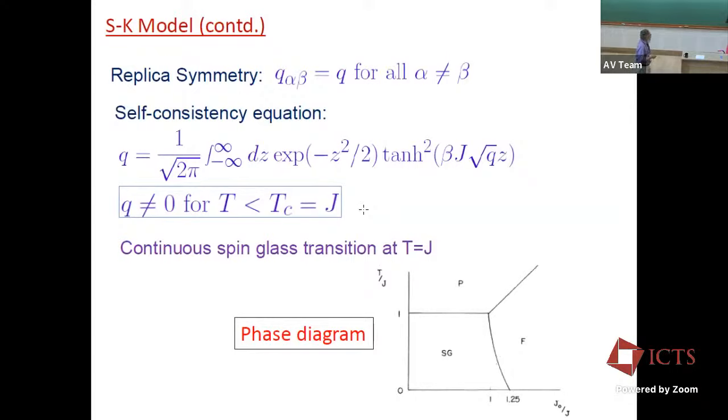At this point, I assume all of you realize that this will have a non-zero solution when T is less than Tc, and Tc is related to the variance of the random interactions that a spin has with all the other spins. Of course, here there is only one parameter. The distribution is characterized only by J, and the average value is equal to 0. But you could also carry out the same calculations